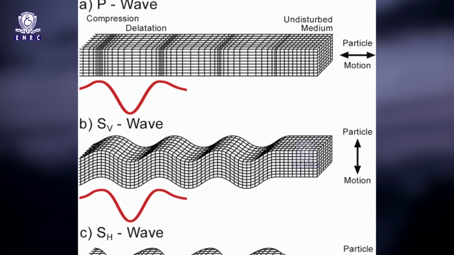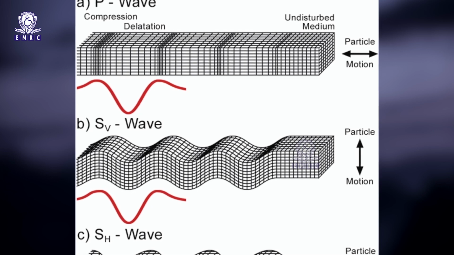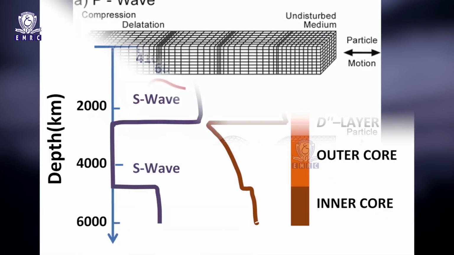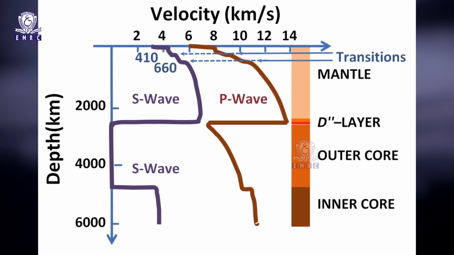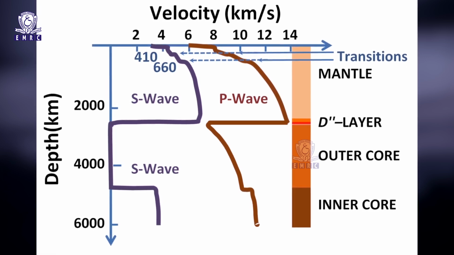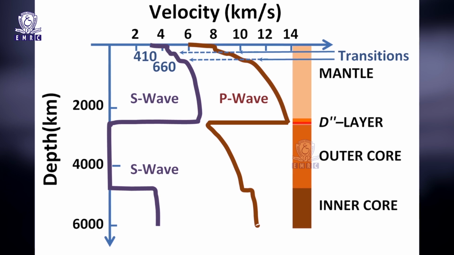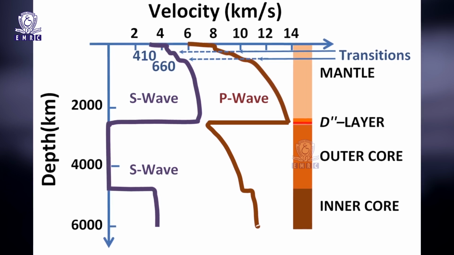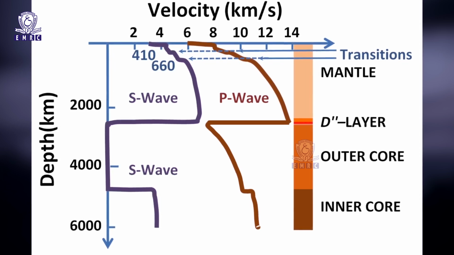Primary waves are the fastest as compared to secondary and surface waves. The velocity of P waves depends on the density of the rocks. While traveling through the liquid medium, their velocity decreases. The velocity of primary waves varies between 8 to 13 kilometers per second depending upon the medium through which they